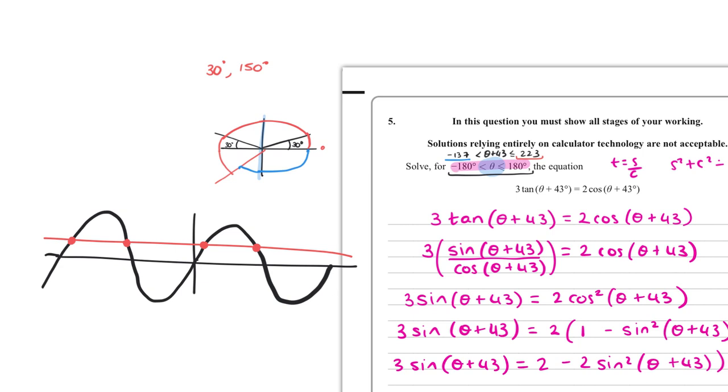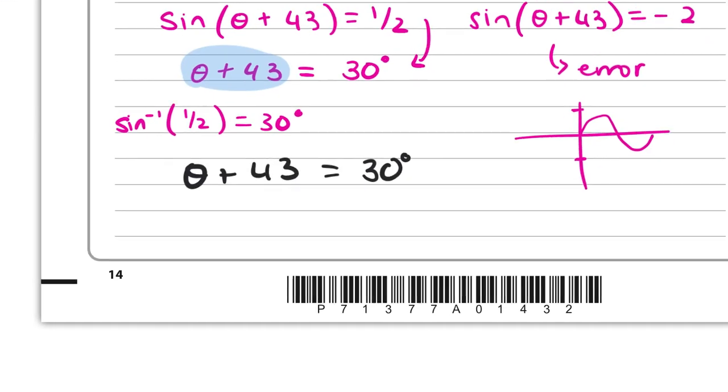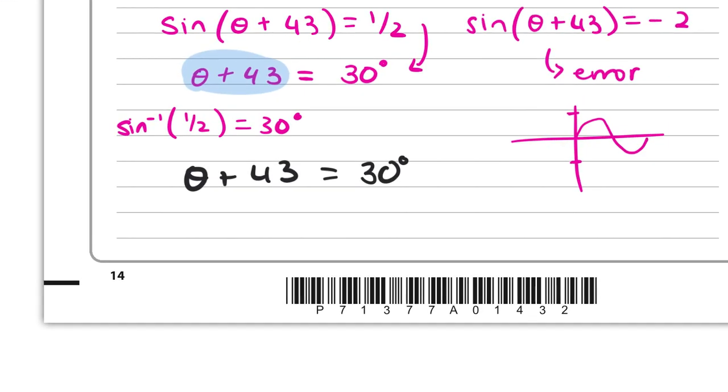We want to be looking between 223, which is about here, and negative 137, which is about here. So we can see there's only two solutions in the interval we're looking at after the shift. So we get 30 and 150. So we would write,